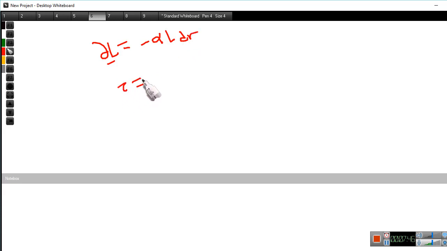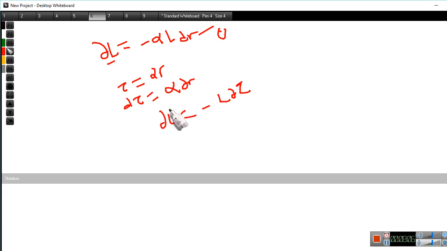the optical thickness is equal to alpha r. If I take the derivative, it will be alpha dr. Now the equation 1 can be written as dL is equal to minus L dt, and that is the optical thickness. Okay, so if I integrate it from L naught to L, and this from 0 to t, with